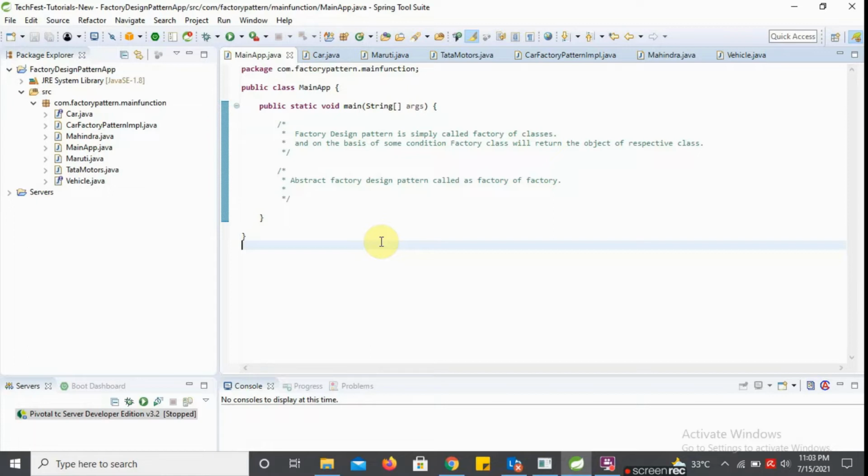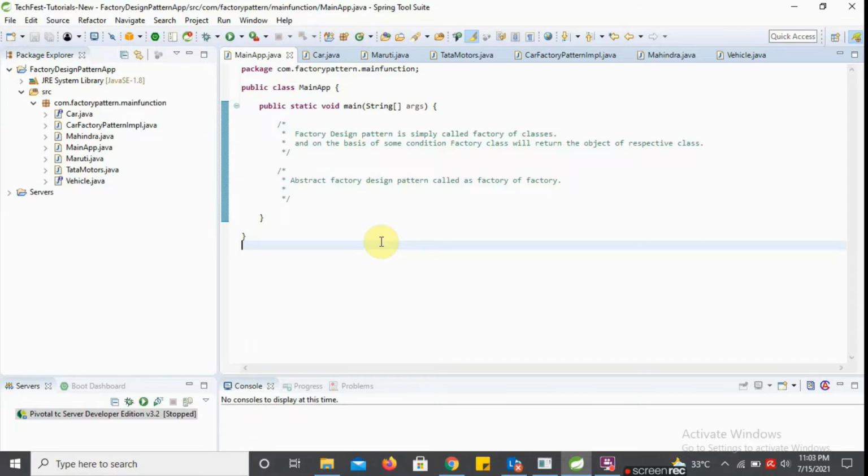Here, on the basis of some conditions, abstract factory returns a factory class object, which again returns a class object on the basis of a condition. So it is one of the most important design patterns also.